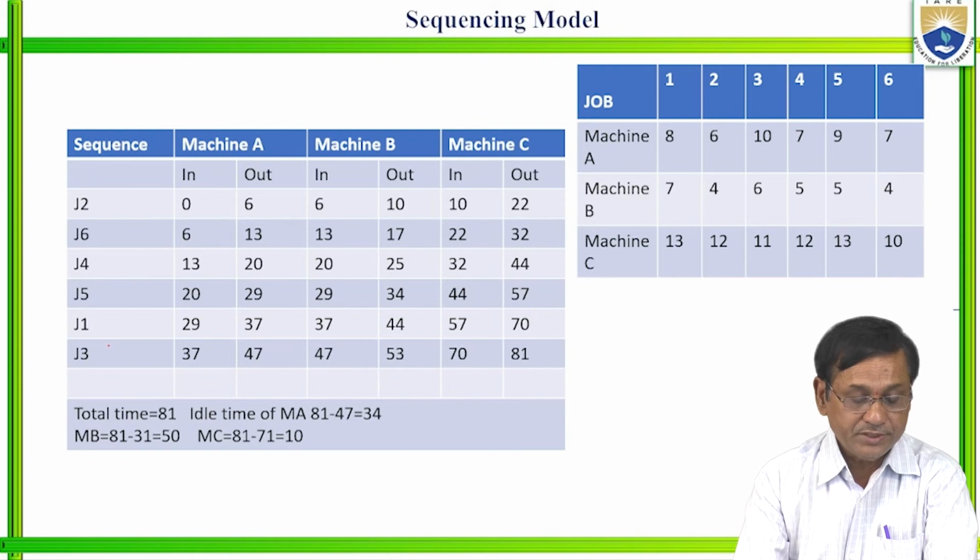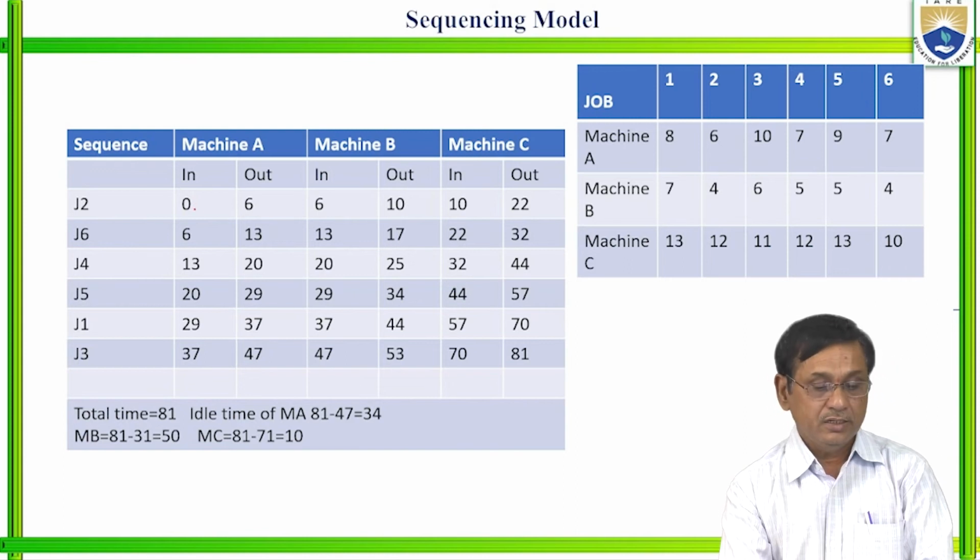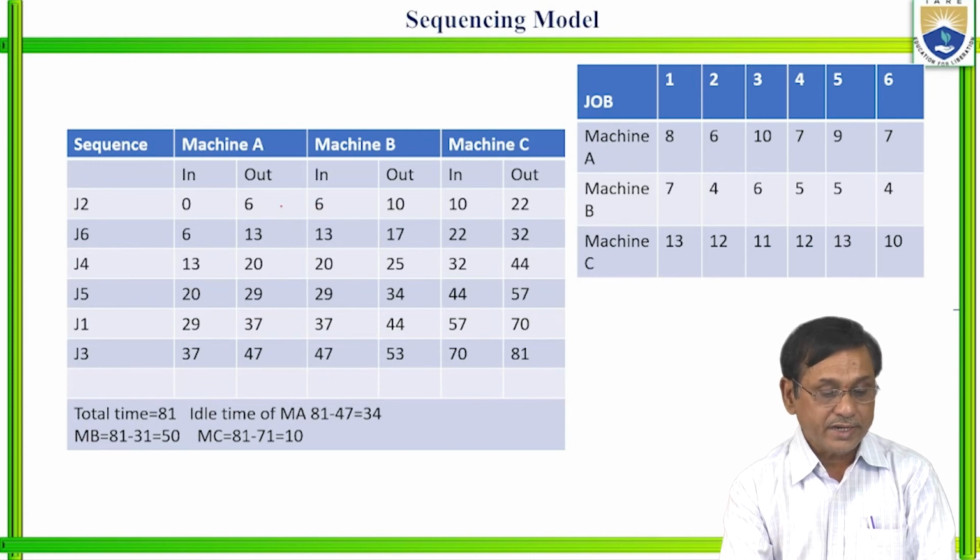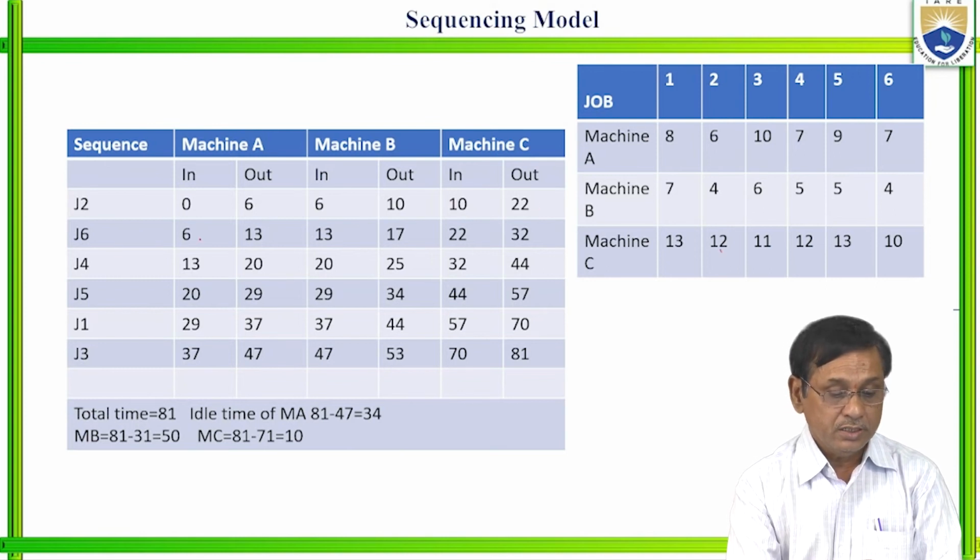Then machine A, the second job enters machine A at 0 time and is completed after 6 hours. Then the second job enters machine B after 6 hours and the processing time required is 4 hours, so that it comes out after 10. Then the second job goes to machine C after 10 hours and the processing time required is 12, so 10 plus 12 is 22. Then coming to the